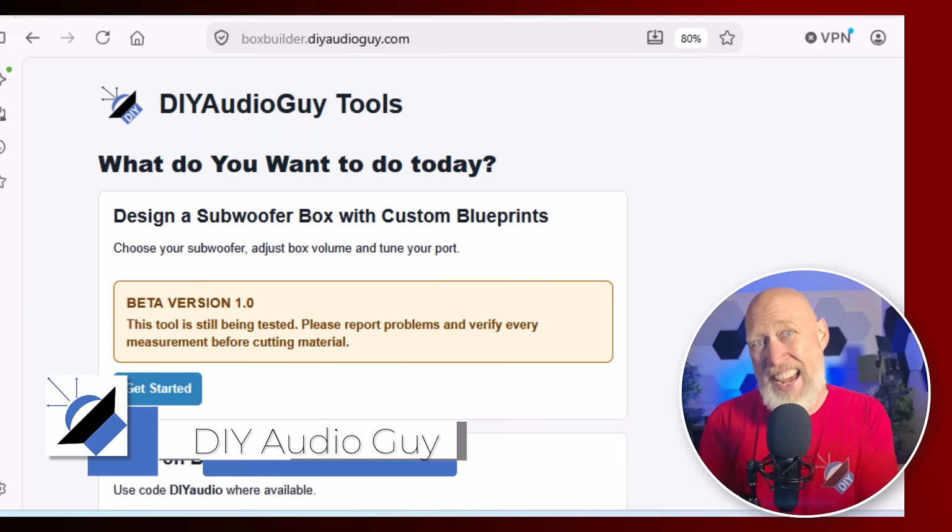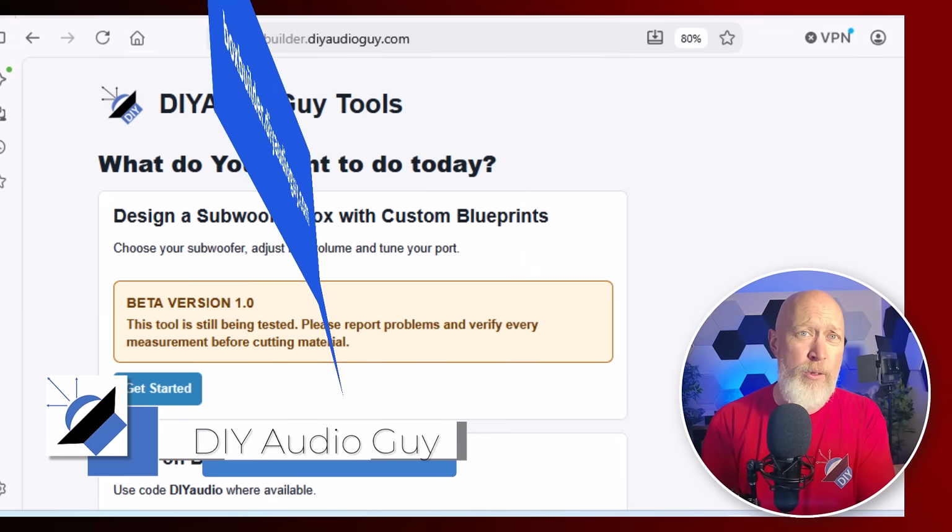You're gonna love this new tool. It's not out here in the garage, it is on the computer. Let's check it out. All you've got to do to access the tool is point your web browser to